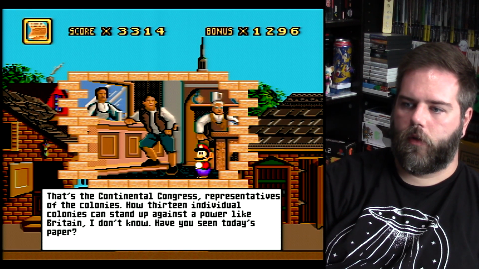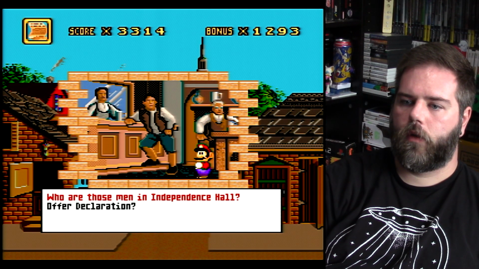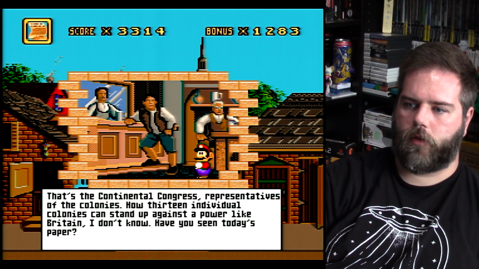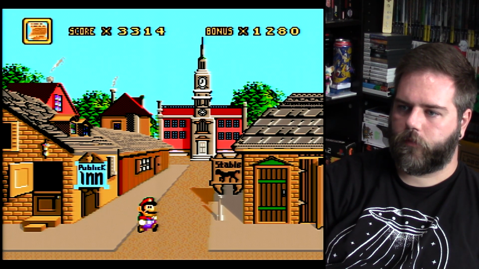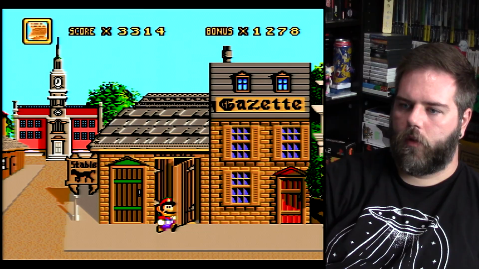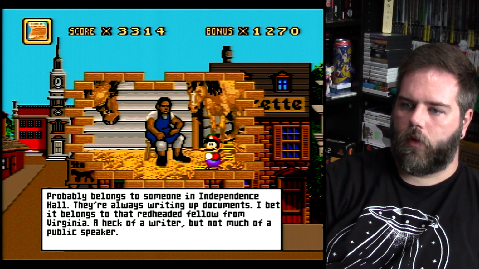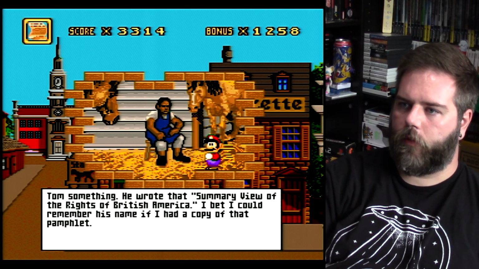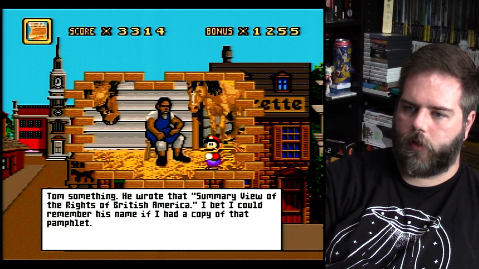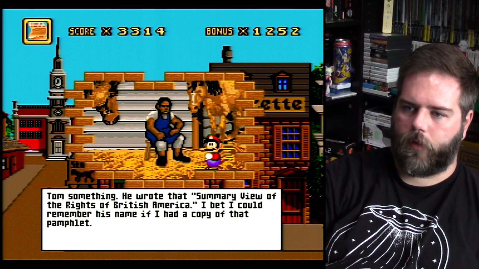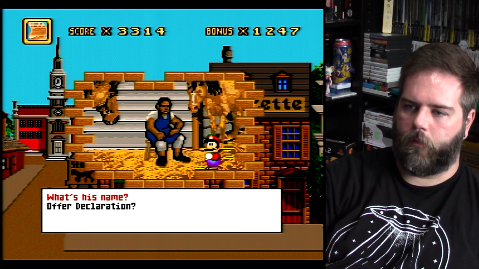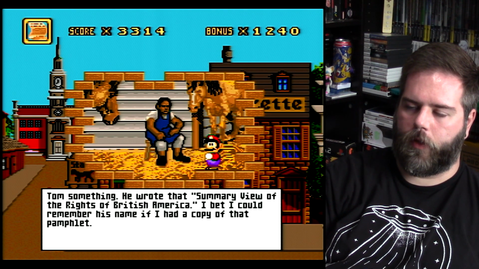Independence Hall. Continental Congress. Representatives of the colonies. Okay. Independence Hall. From Virginia. So they don't tell you some of this stuff. Either that or I'm not going to the right spots. I mean, I guess maybe they want you to pull out a history book too, in addition to the game, but you would think it would all be included in the game. I don't see anything about Mincino in here in this game, or Monticello.